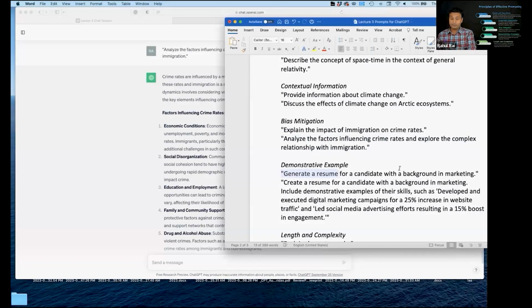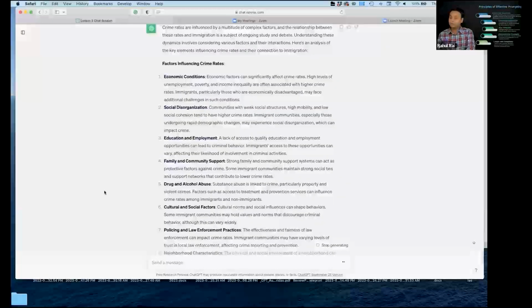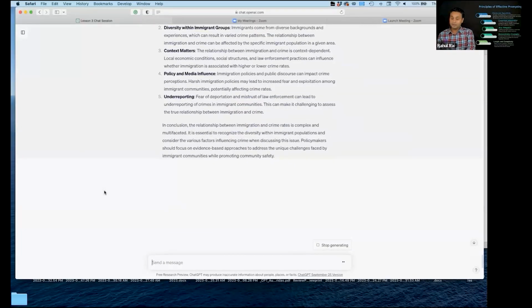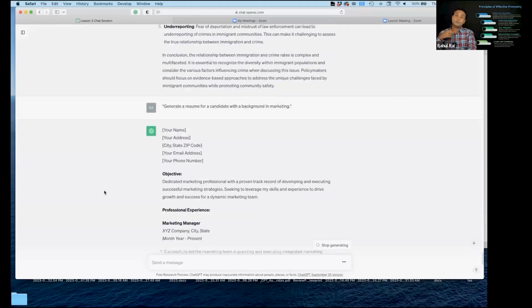So here is what we want to do: we are using a ChatGPT interface for creating a resume, right? This is one of the tasks that ChatGPT can do. You can really enhance your resume and other things with the interaction with ChatGPT type interfaces. But the prompt that we are giving in this case could considerably benefit if we provide a demonstrative